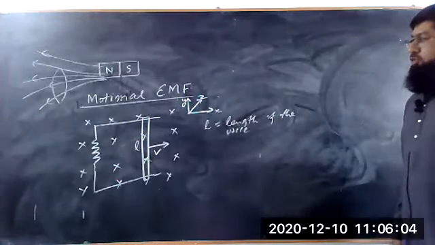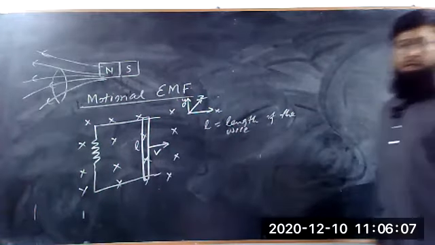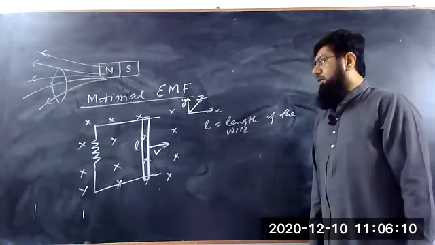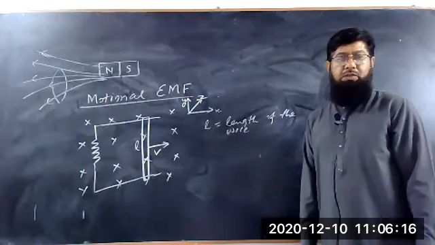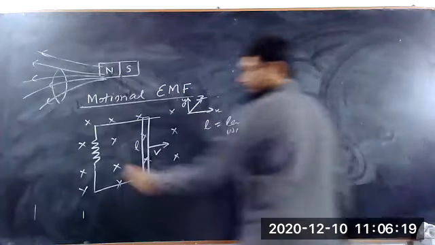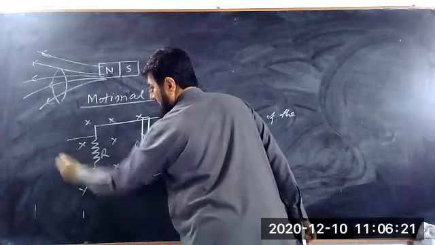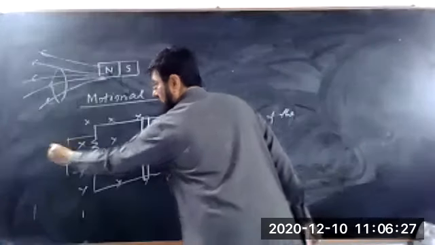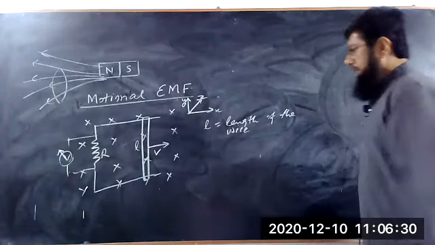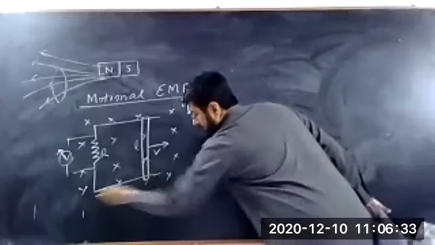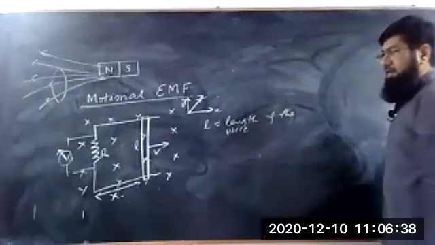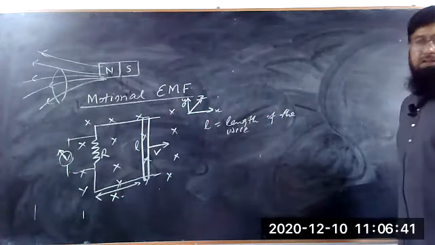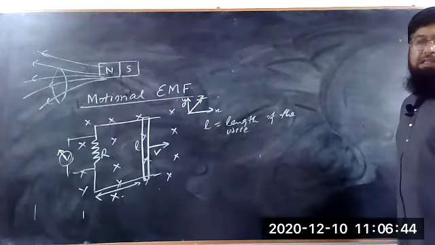So if the wire is moved in the stationary magnetic field, as a result, the wire will feel that the magnetic flux through it is changing with time. And if we connect a voltmeter to it, it will show a deflection. So if we say that this is the distance x, and we move the wire by doing some work on the wire, as a result, the EMF is induced in the wire.